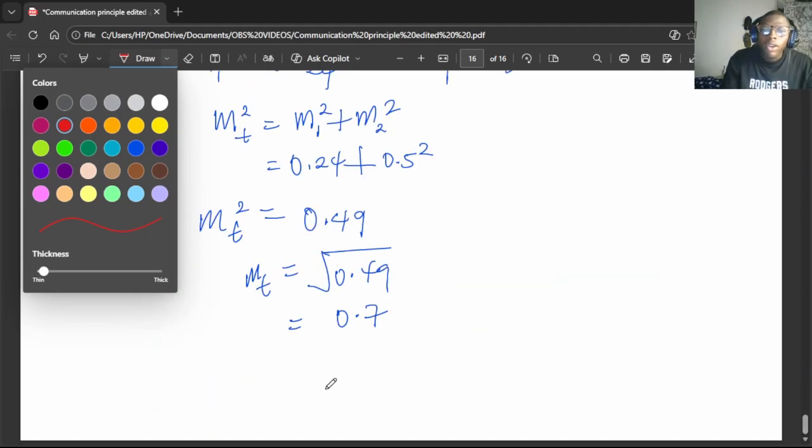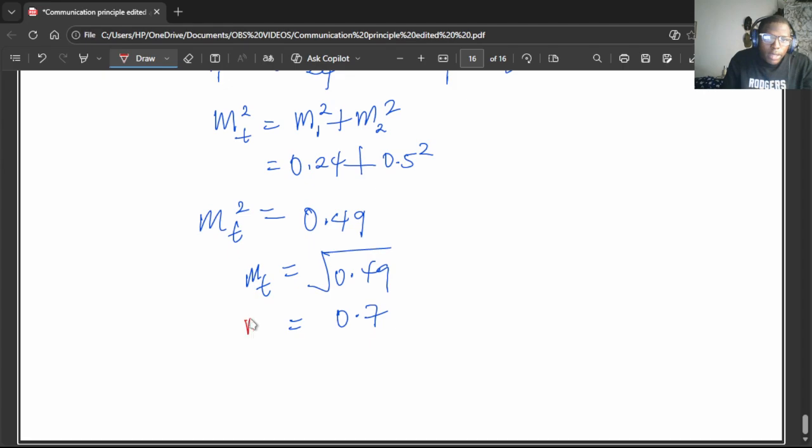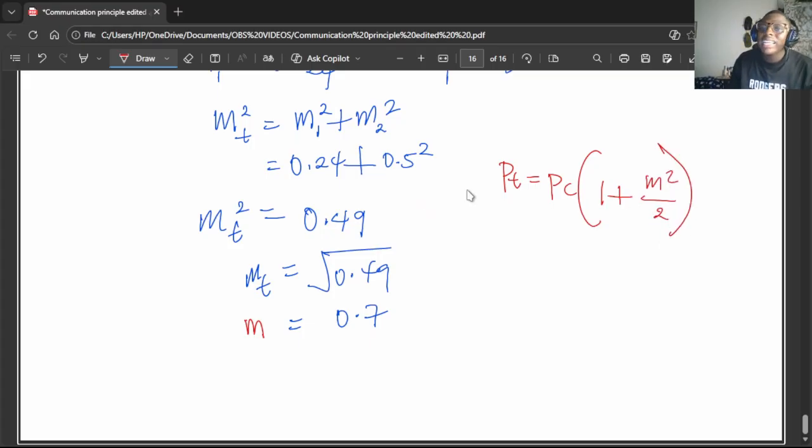Now from what we have here, we now have our new M to be 0.7. Take this to an equation. PT is equal to PC, right? 1 plus M square over 2. This is the equation, right? Now they're telling you to calculate your new total transmitted power, which is this. So you now have that your PT will now be equal to, what is our initial PC? Your initial PC was